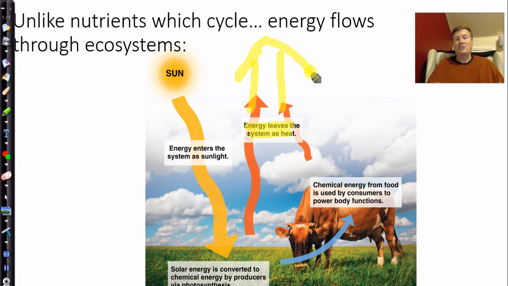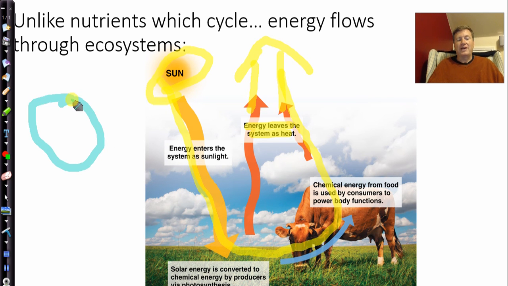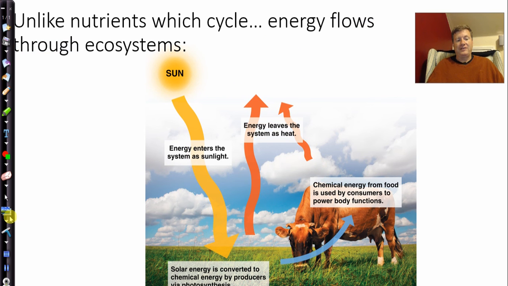We better have more energy coming in. And that again is the purpose of the sun. The sun's energy is going to be moving through the system and ultimately out. Again, the cycling we saw with carbon and nitrogen and phosphorus was truly a cycle, a pathway, a recycling, if you will, of the nutrients. But we don't see that with energy. Energy flows through, flows through. That is going to be lost ultimately as heat.